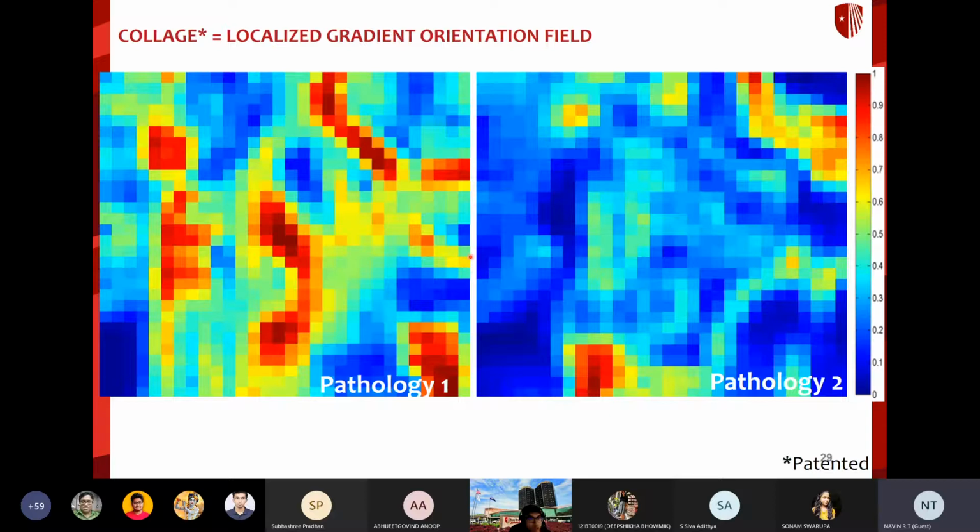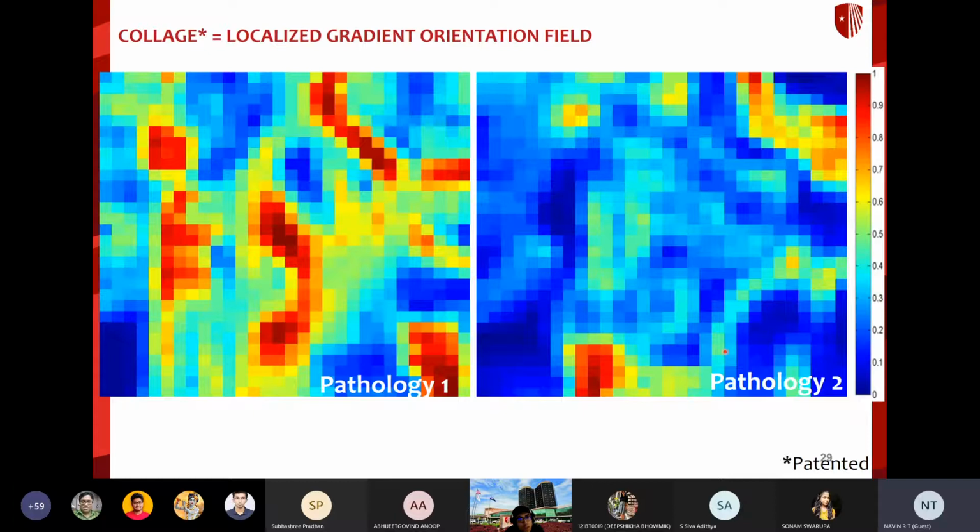Okay, so as you can see here from the entropy map, there are more cold spots in the image on the right as compared to the image on the left, and the right one is indeed an example of benign radiation effect, and the left one is an example of recurrent tumor. Now, collage features, in fact, this is a concept that we borrowed from high school physics. We look at the entropy of the different gradient orientations, and we found that the entropy is obviously higher for the recurrent tumors, and the entropy is lower for radiation necrosis.